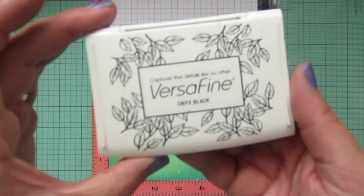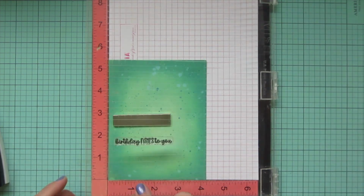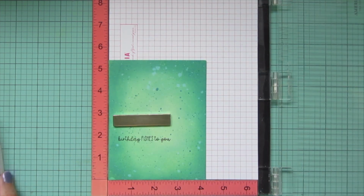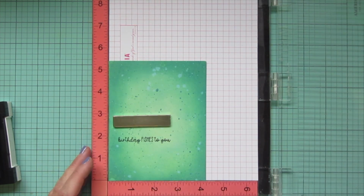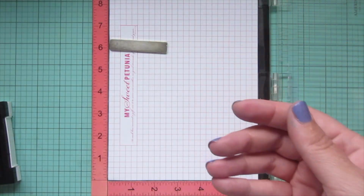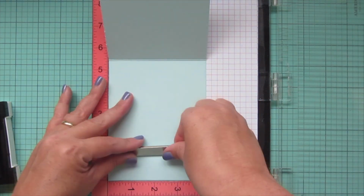Once it has, I'm going to pop it into my MISTI so that I can stamp my sentiment. I'm using VersaFine Onyx Black ink because it really lays nicely over the Distress Oxides. Because it is that pigment ink, it just kind of overlays rather than kind of absorbing into the ink like some other inks do. So I stamped Birthday Fishes to You, and then I'm going to pop my card base